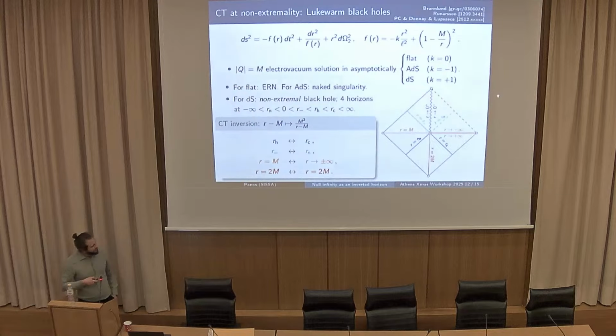Another thing it does that appears to be a generic property is that it preserves some particular surface. Here this R equal to M surface can eventually be understood to be the location of an unstable photosphere. So there are these properties of this Cauchy Lorentz inversion: they tend to exchange null hypersurfaces and preserve some unstable photon shell, the photosphere.